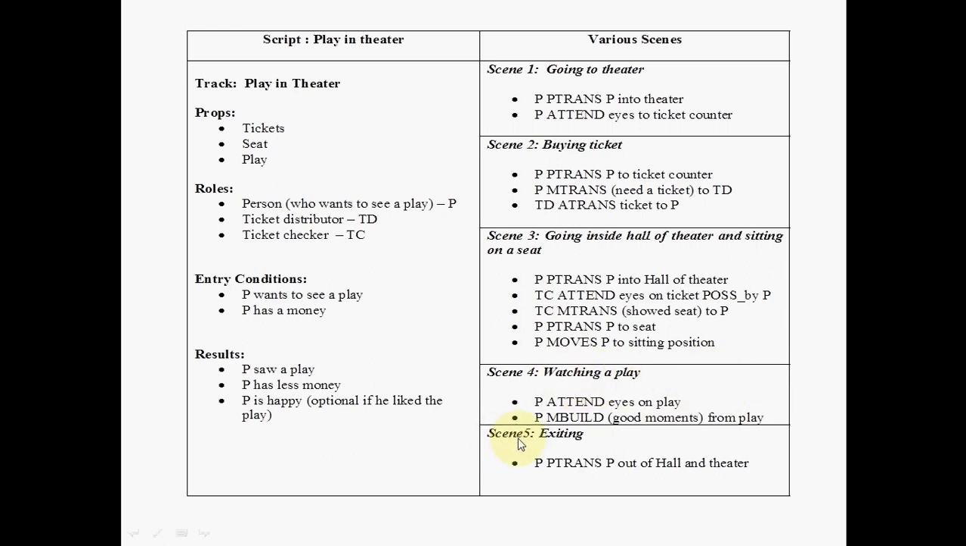And after that, scene 5, exiting. PTRANS: he moves himself out of the hall and the theater. So this is a simple script for going to the theater to watch a movie,